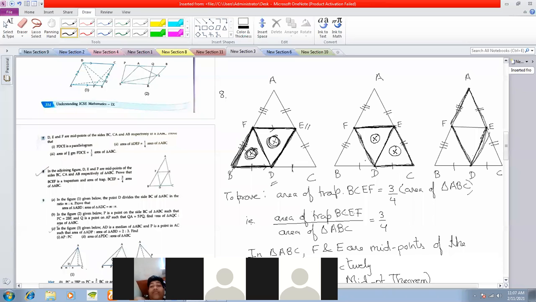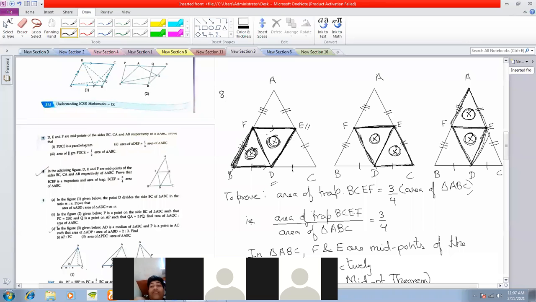If these two triangles are congruent, their area must be equal, because from the congruence area axiom we know that if two figures are congruent, then the areas must be equal. So these two triangles are also equal in area. Now consider the third figure. In this figure, you see that this triangle is also congruent to this triangle because FE is a diagonal of this parallelogram. So therefore, the area of these two triangles are also equal.